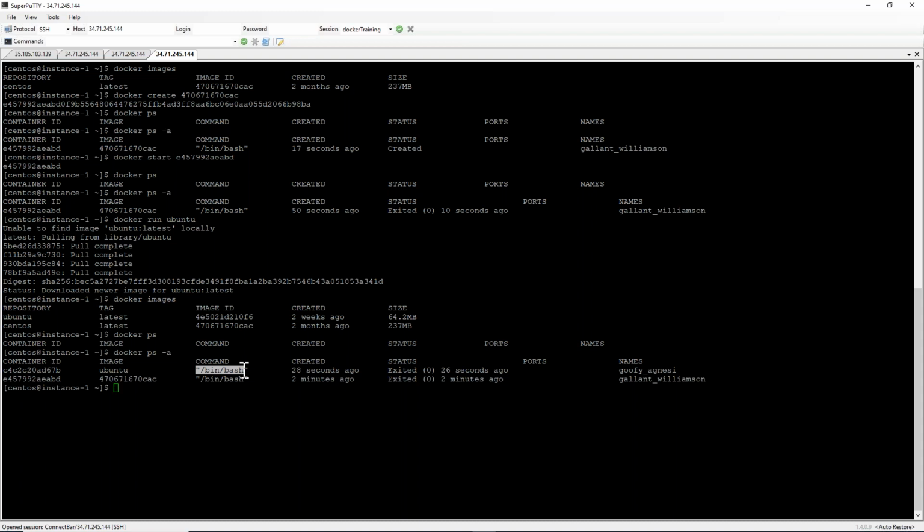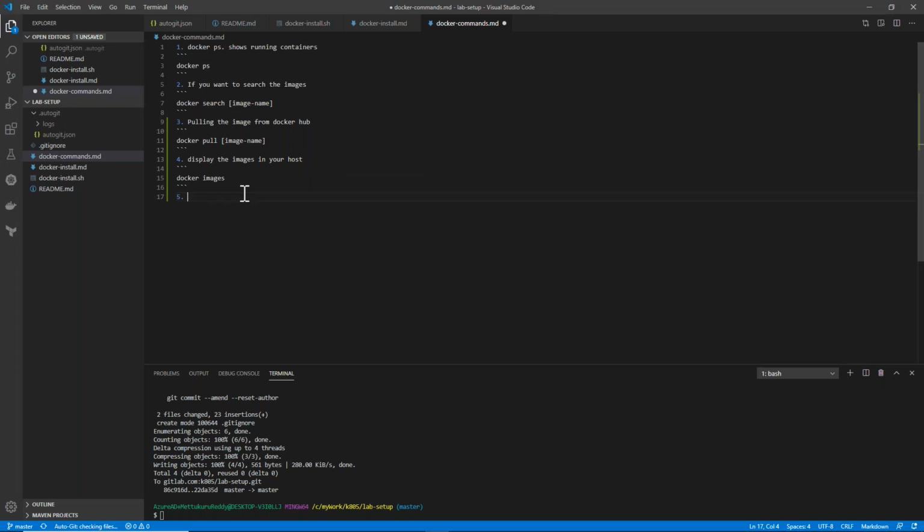Okay. So now let's write those commands. Create container out of image: Docker create, image name or ID.